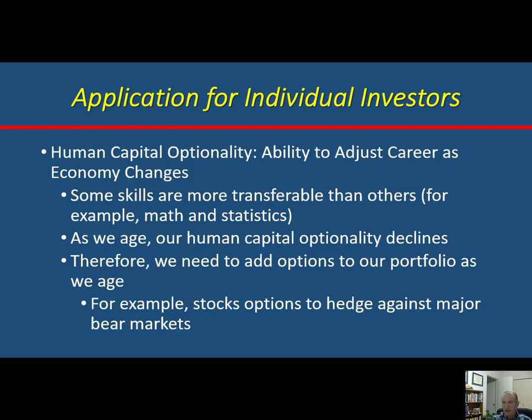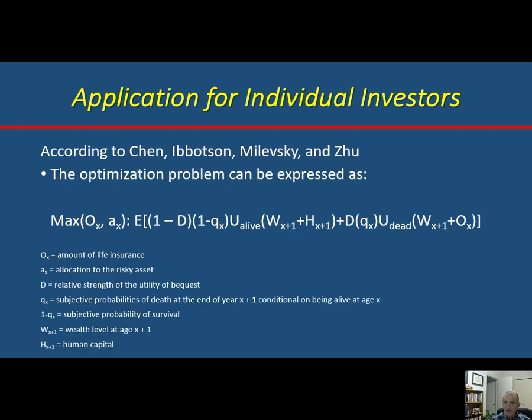Remember, my solution for the pension is balance sheet immunization. They should buy bonds that match the duration of their liabilities so that they eliminate the interest rate risk and also think about the inflation risk. That has nothing to do with optionality. I only talk about optionality related to individuals because of the unique nature of human capital.